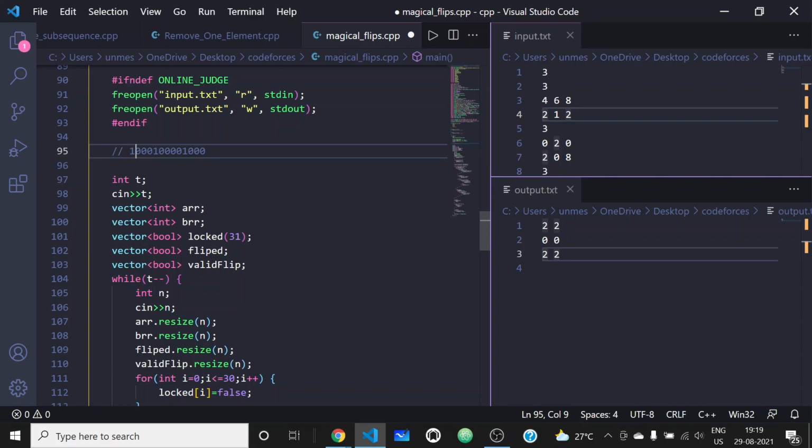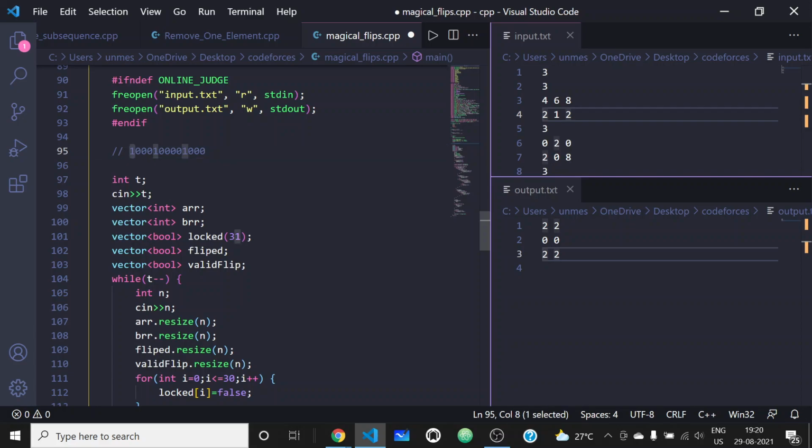Even if there is a one here and zero everywhere to the right, this number will be greater than a number which has one everywhere to the right and zero here. So we will be using a greedy approach.